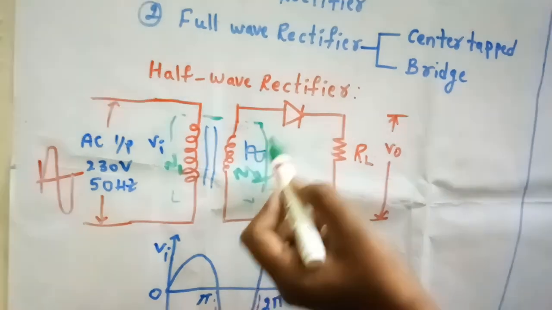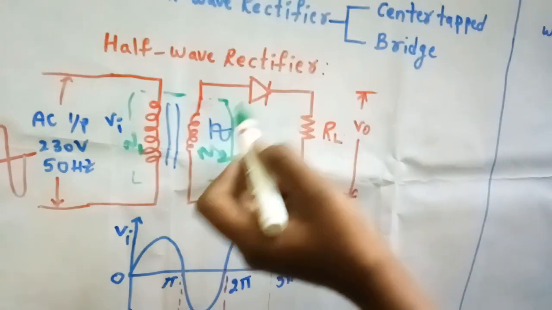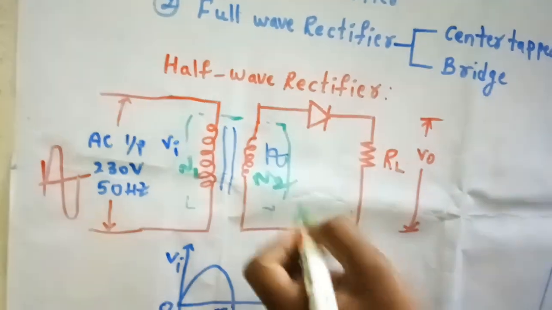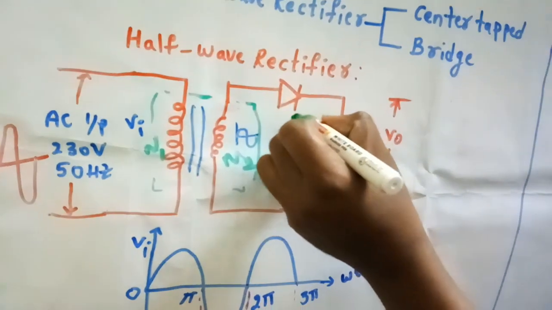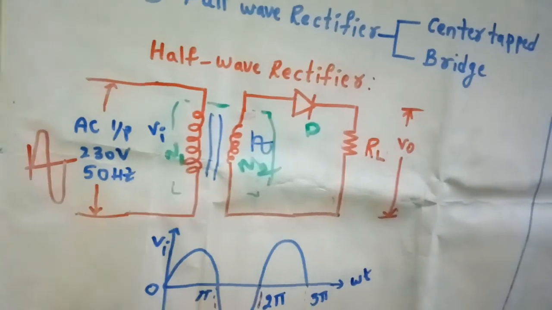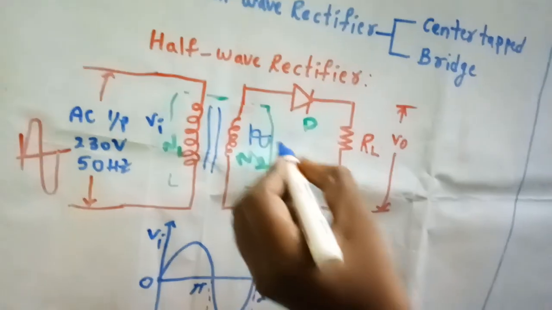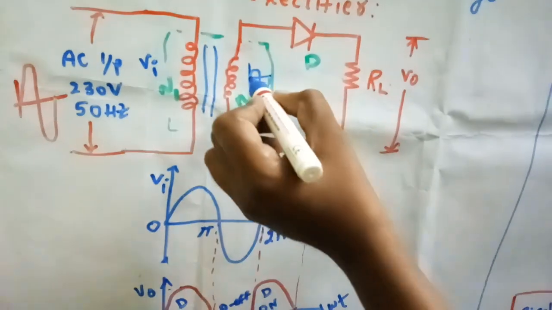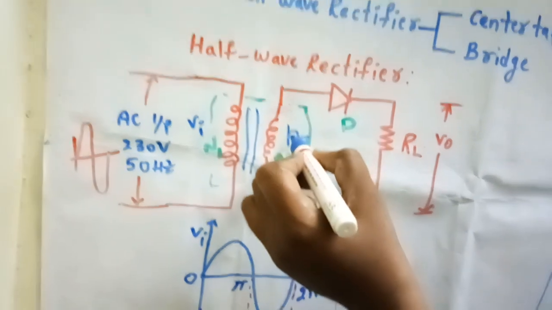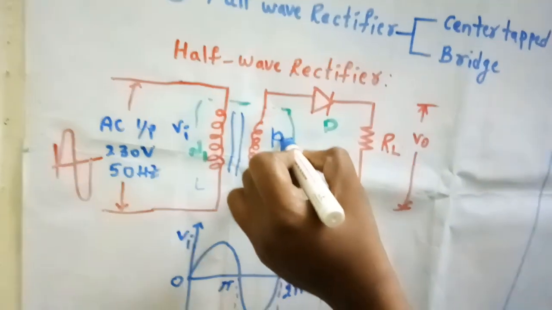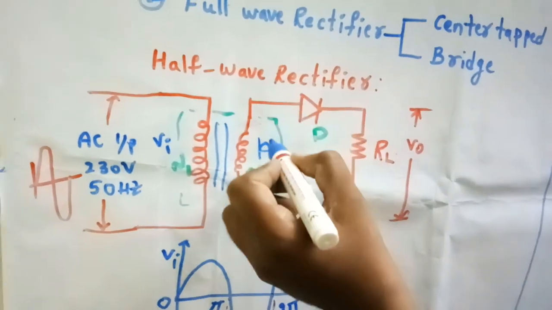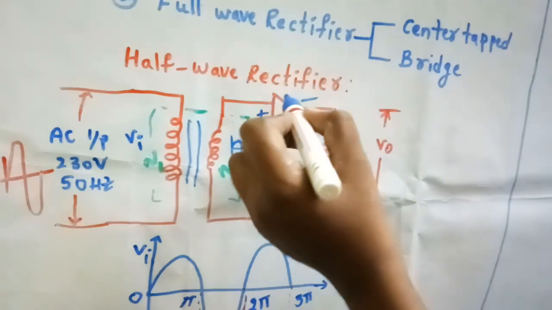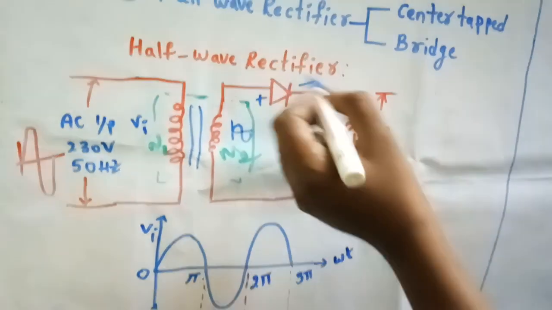Then this is the input for the rectifier circuit, or the diode. This is our rectifier circuit, in which we are using one diode D. Our input is a continuous sinusoidal signal. Let us go for the operation. First is the positive peak, which we apply to the diode. This is the diode positive and this is the diode negative. When positive is applied to the positive of the diode, the diode is in forward bias.